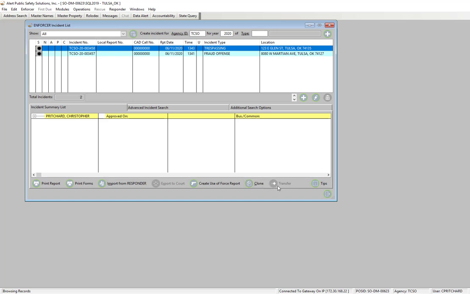There's a transfer button which allows administrators to transfer a report away from one agency or internal division to another. For example, a use of force may get transferred from the main agency to the Internal Affairs Division. And finally, there is a tips button which provides some basic information for how to use the incident summary list. The next two tabs are all about finding information, and in the next video we'll cover how to do these